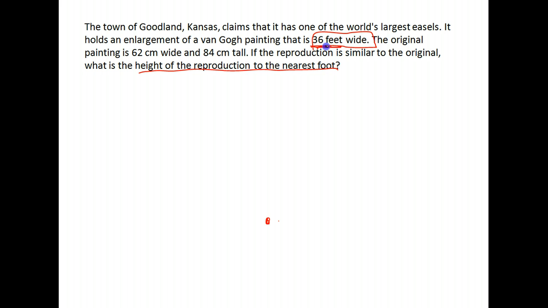Notice we have just width here, we have width and height here. So instead we're going to make our ratio width compared to height rather than the smaller to the larger. Okay, so let's set up our ratio. The width of the original was 62,